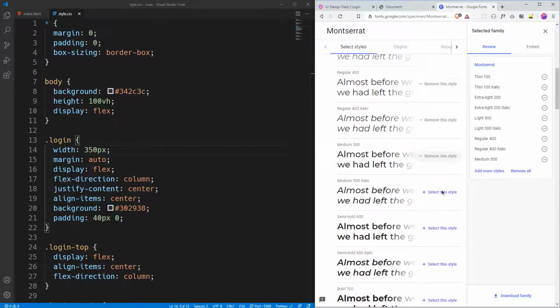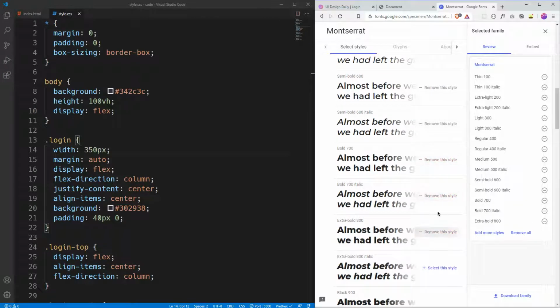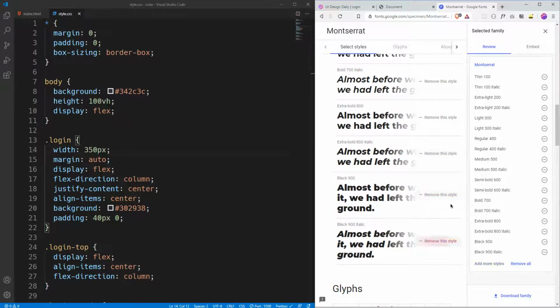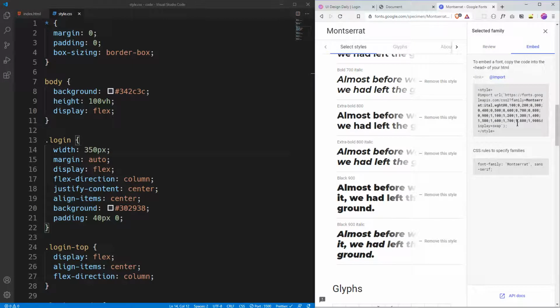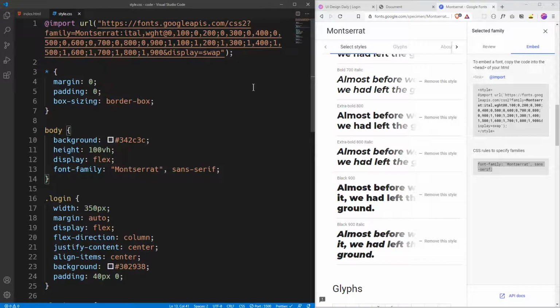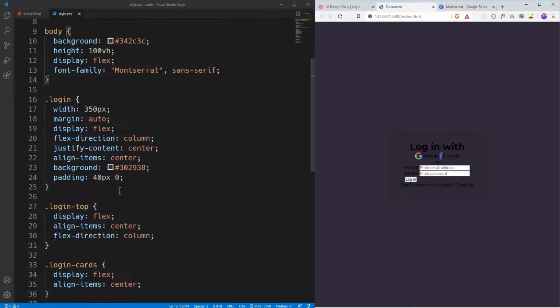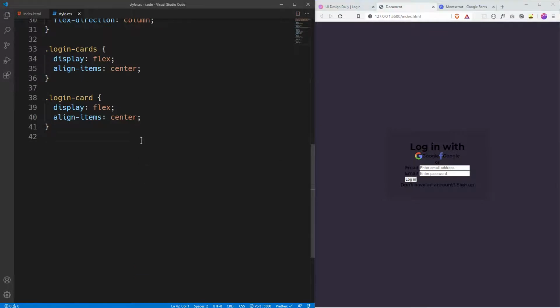Montserrat has a lot of font families, so font styles. So we'll go to import and we'll copy all of this, paste it at the top, copy this and paste it in the body. As you can see, all the fonts have changed. We need to tweak all the fonts, but for now the work is to just